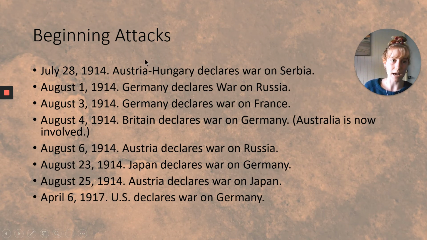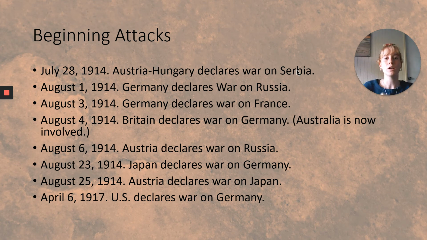Austria-Hungary, which we now know as Austria, that country has actually changed a little bit. So it's not called Austria-Hungary anymore, but this country declares war on Serbia. Serbia has an alliance with Russia, and Austria has an alliance with Germany. So when Austria declares war on Serbia, they know they're also kind of declaring war on Russia as well, because Russia and Serbia are friends. So Germany, who is friends with Austria, declares war on Russia. So you've actually got two completely different countries that are involved just because they're friends with the countries who are